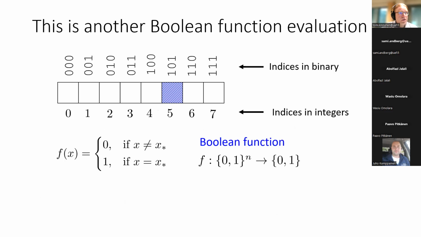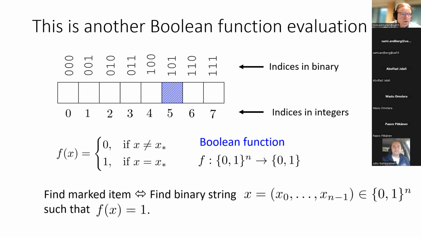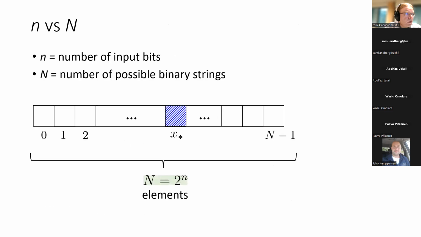So if you think about the table indices in binary format, in this case, for instance, we've got 8 table entries that contain all the possible 3-bit strings. And in that sense, you can think of this task as a brute force way, where you have to enumerate all the possible 2 to the power of n indices that correspond to the decimal indices shown there to find the item you are interested in.